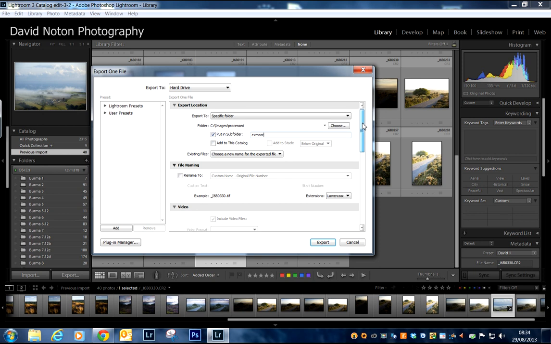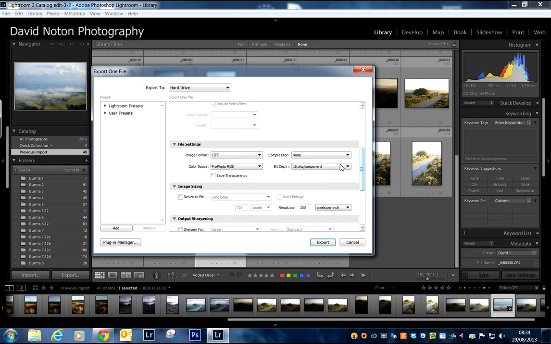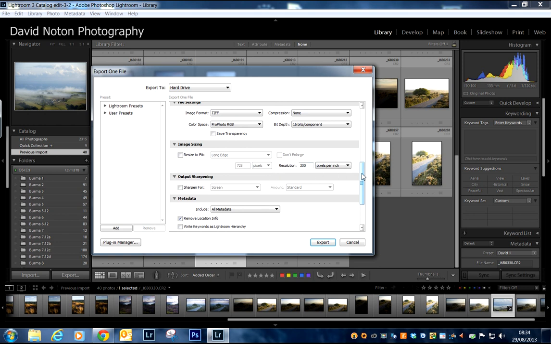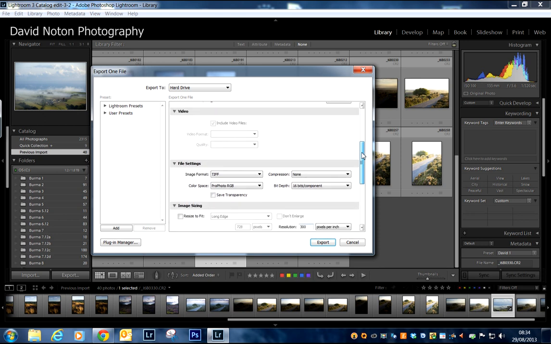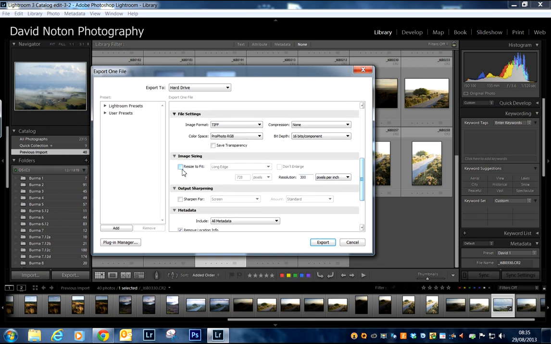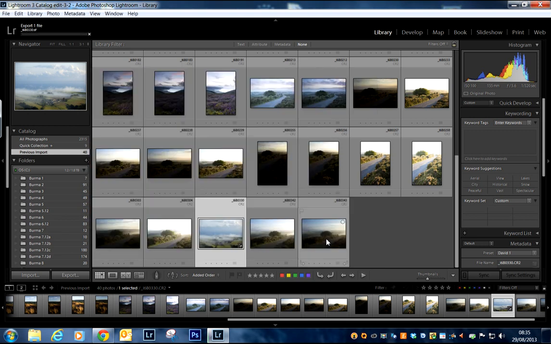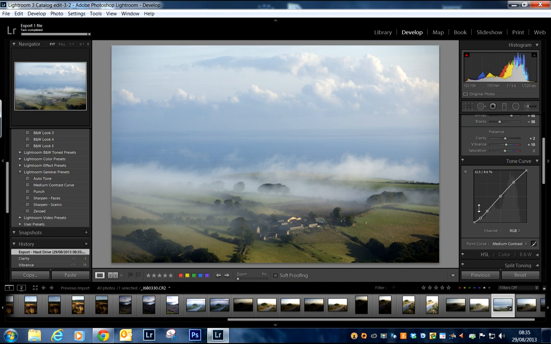When you're doing this, even if you've been working with raw images recently, it's best to just double check all your settings, because it's easy to be working away and realize that you're exporting them as low resolution JPEGs, which means going back and doing them again. So all my settings are fine there. TIFF, ProPhoto RGB color space, 16-bit bit depth, resolution 300 dpi, not resizing the picture, and that's it. So I'm going to export that, and now I'm going to come back and look at this picture again, and now I really am